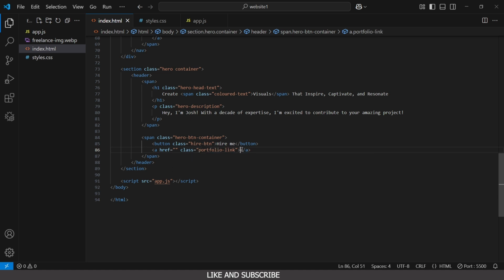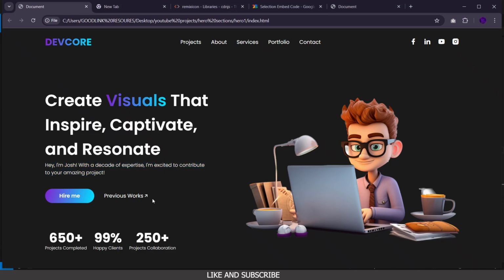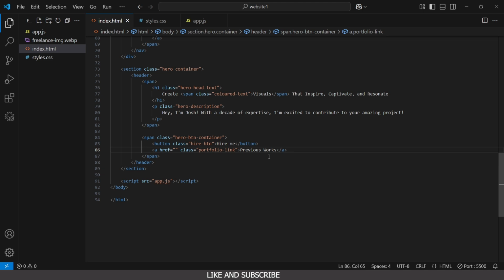So right in here we're going to have the text that says previous works, and we're also going to have an icon. If you notice, there's an arrow icon right inside there. So to create the arrow icon, what we have to do is create an I tag, and inside this I tag we're going to have our class. The class here is going to be ri arrow and right up